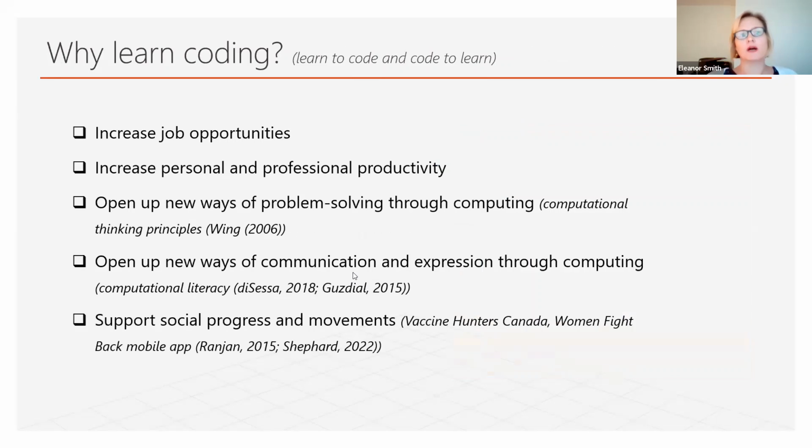Now I'm going to talk about the arguments for learning coding. At the top of the list, probably the most pragmatic reason for learning how to code, is to increase your job opportunities. This was my main motivation for learning coding many years ago. I saw learning coding as a way to get a job as a software developer. I had graduated with a liberal arts degree, and when I graduated, I found that my job opportunities were limited. Learning code was a way to solve that problem for myself.